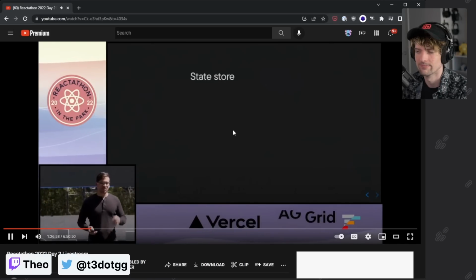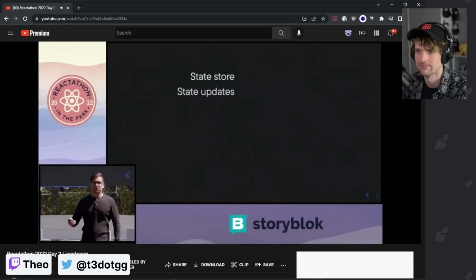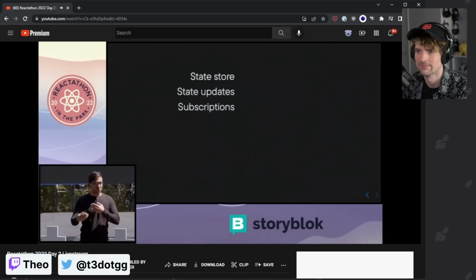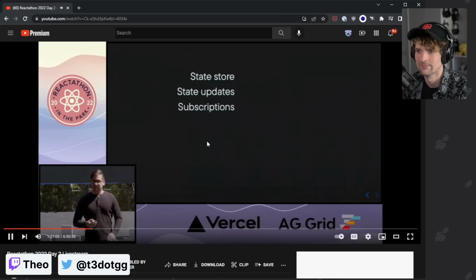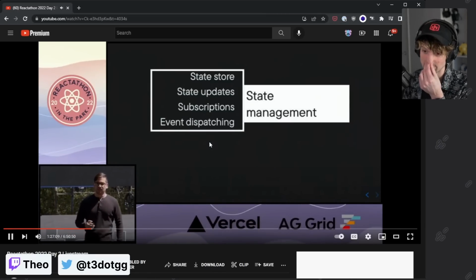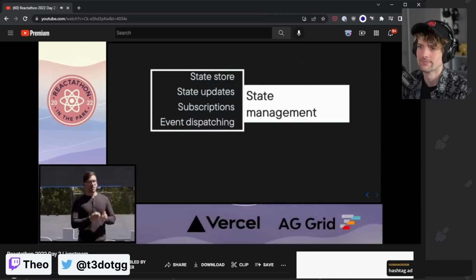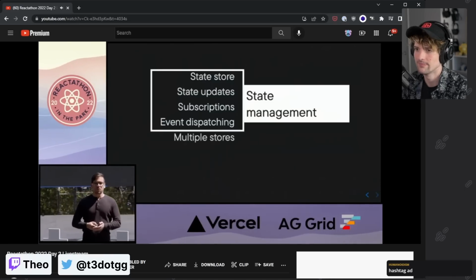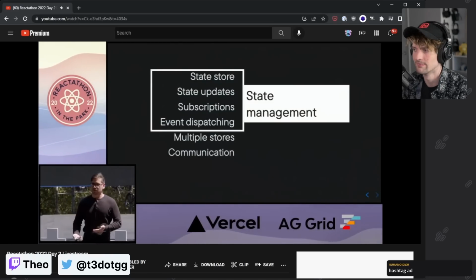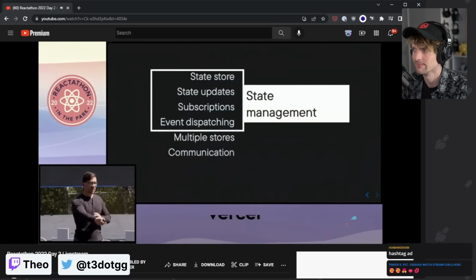So when it comes to state management, we think about state stores, we think about state updates and subscribing to data and getting new data as it comes in, and events dispatching. But in my opinion, this is only part of the picture. We also want the ability to communicate with multiple stores, communicate with those stores, like send events to it, receive